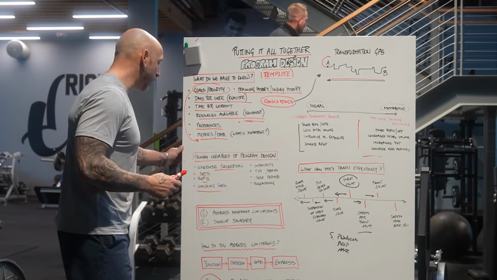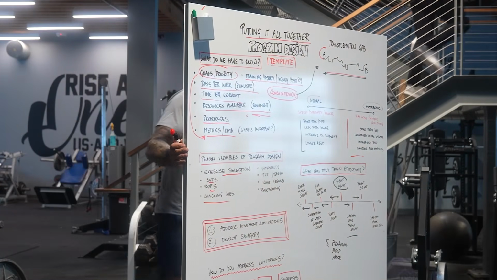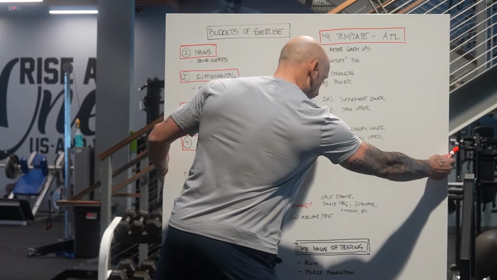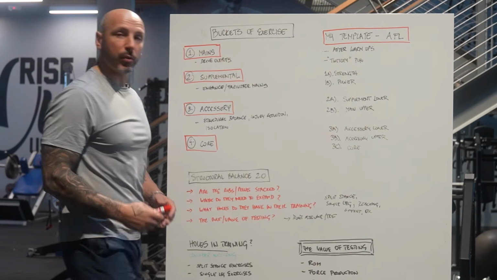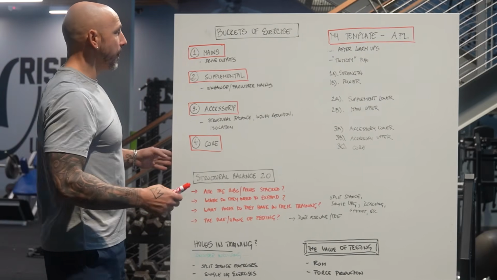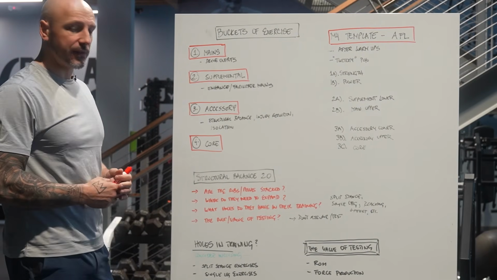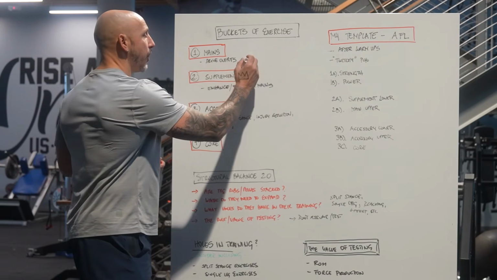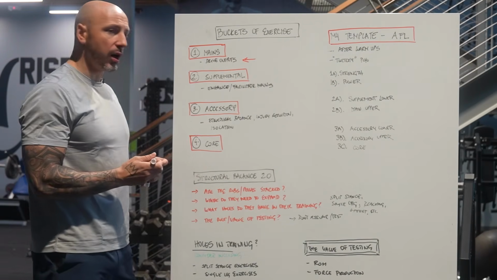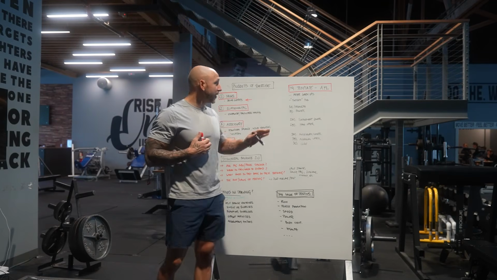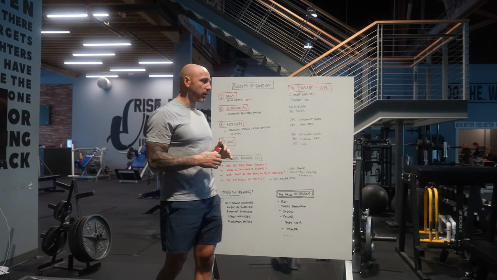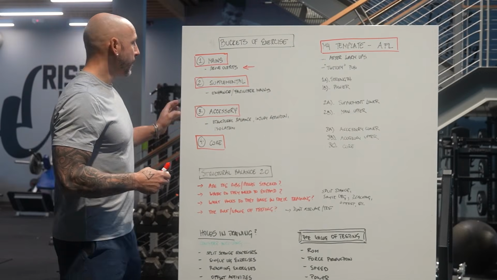Now, I'm going to flip it on the other side because I want some examples here, right? First of all, these are simple constructs that are going to help you, right? Buckets of exercises. We got mains. So it's kind of like a main meal, right? We got our mains. Those drive outputs. Now, what those outputs are, I'm going to give you an example of my athlete for life baseline template, and we'll talk about this and give examples.